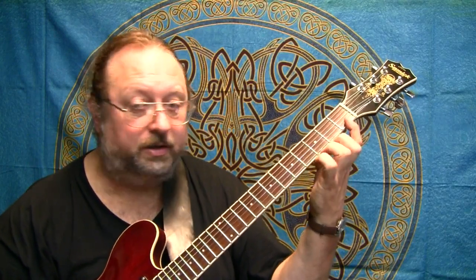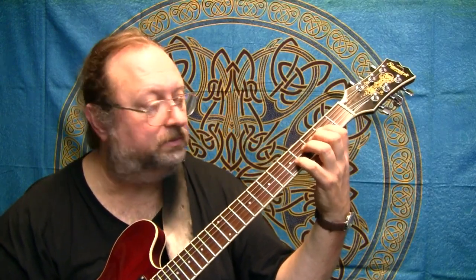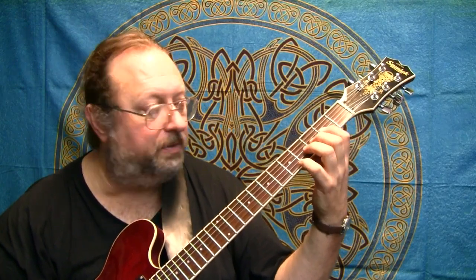Now we stretch, shift. So these 3 strings in a row, 1 finger behind each fret, with 1 extra note, this one right here. So it's going to be,